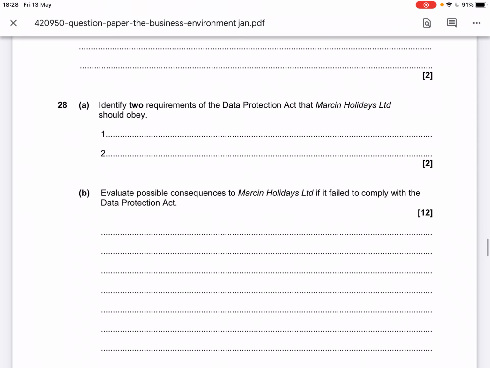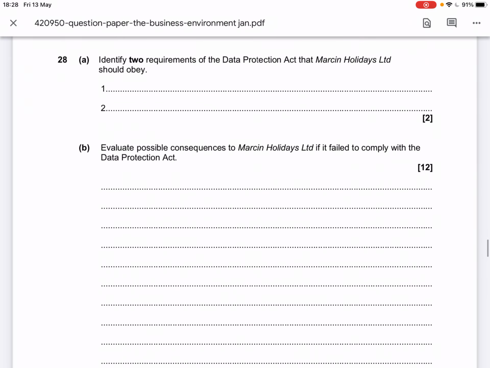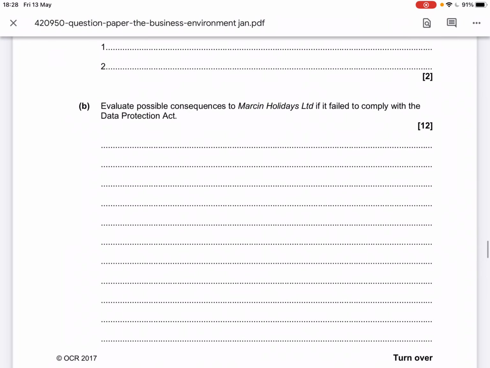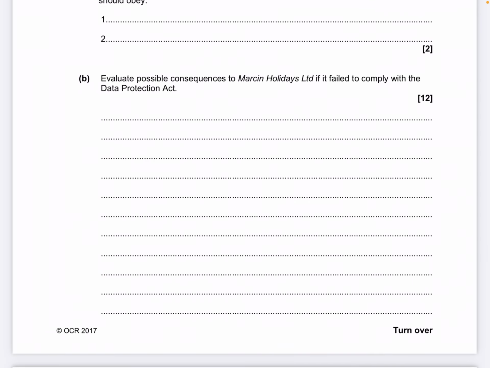Question 28, we've got to identify two things. So again, they don't require any explanation, so we can simply state our points to gain the 2 marks. But here we have the 12-mark question, which we're going to use our full exam structure in order to answer this. As I say, I have done a separate video on how to answer a 12-mark structure, but to briefly go through it,